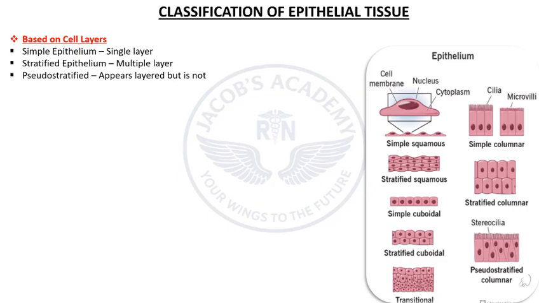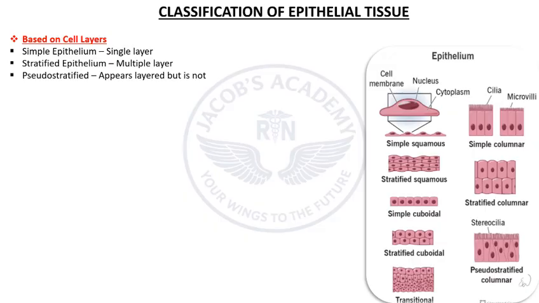And the last one is pseudo-stratified epithelium, which means these tissues appear to have multiple layers. But in reality, all cells are attached to the basement membrane. So it is actually a single layer, commonly found in the respiratory tract, where it helps trap and move particles